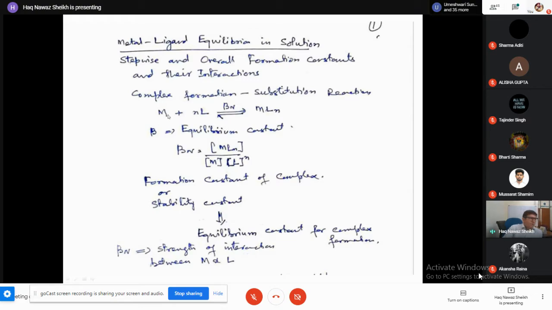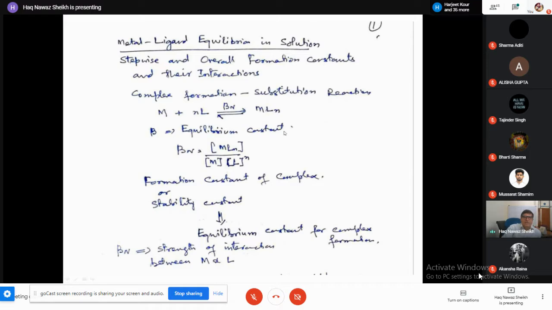Ideally, I should write here M aqueous, M n plus aqueous, or M(H2O) n times, and then M plus, like that, plus nL. This is the simple form in which we write the equilibrium between metal and the ligand. Beta is known as the equilibrium constant: whenever you have an equilibrium, obviously there will be a constant known as the equilibrium constant, which gives the ratio of the molar concentration of the products to the molar concentration of the reactants. In a more sophisticated manner, this reaction would be M(H2O) n times plus nL giving MLn plus water molecules,